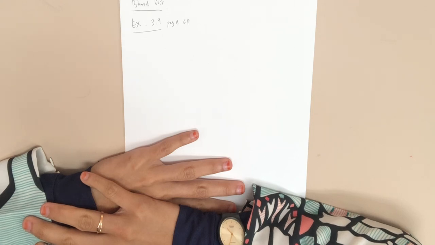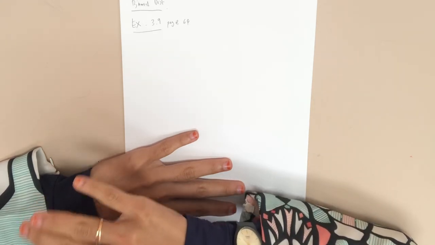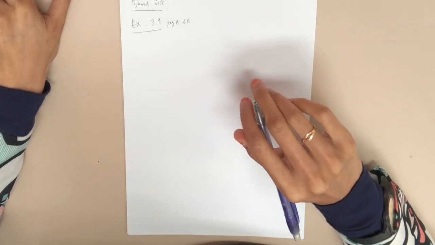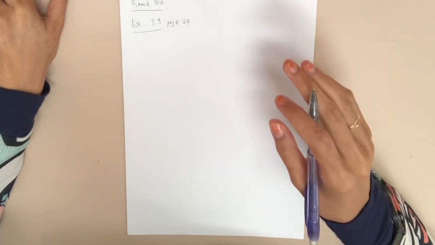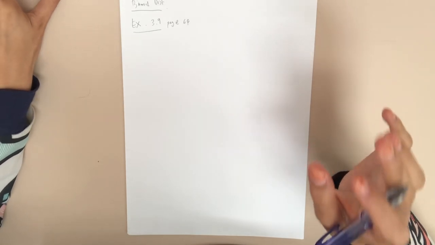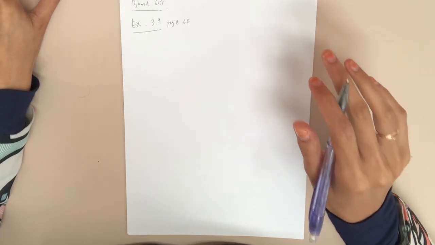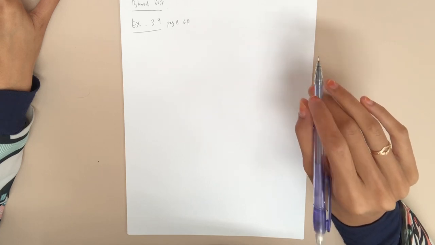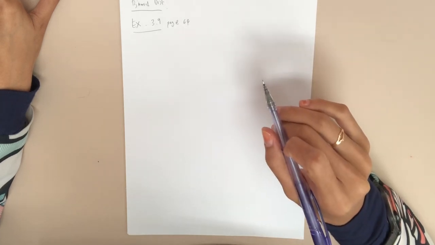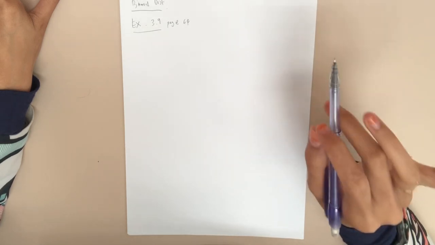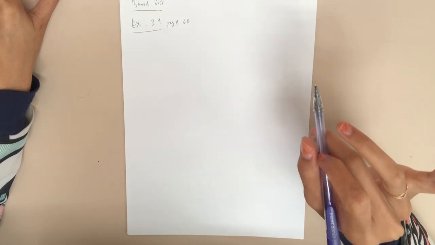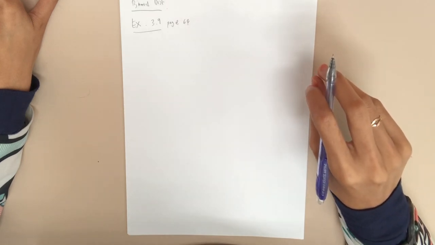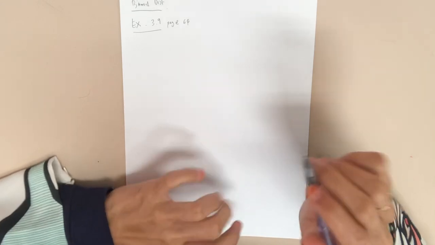I will just read the question, but I didn't write it here. The probability that a certain kind of component will survive a given shock test is 3/4. If 10 components are tested, A, determine the probability distribution function for a component tested that survives, and B, find the probability that exactly 5 components tested survive. We do A first, but before that,